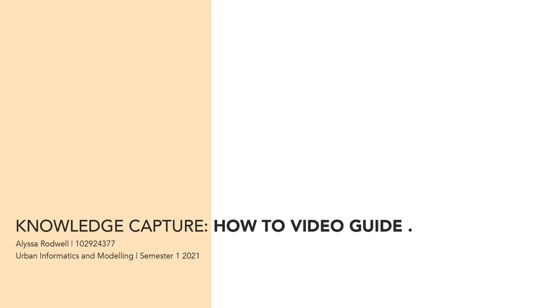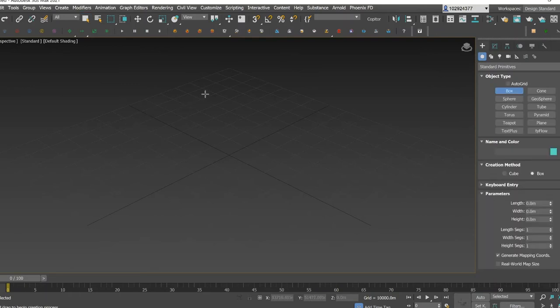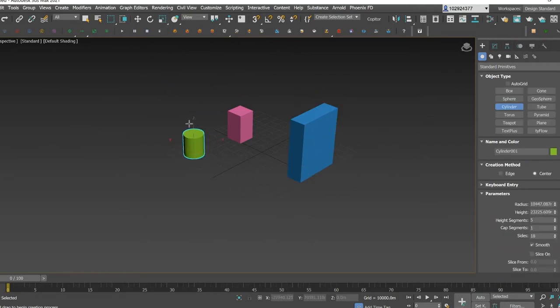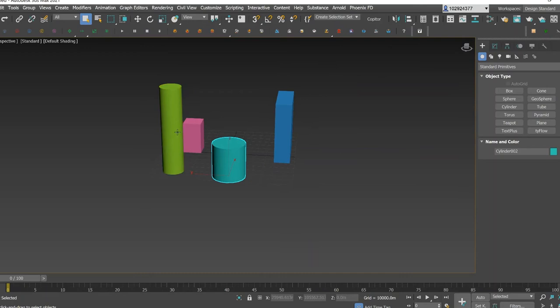This tutorial will teach you how to alter building shapes using the built-in modifiers of 3ds Max. Once you've opened a 3ds Max file, select an object and draw a few shapes. Once you've drawn a few shapes, select one of them,